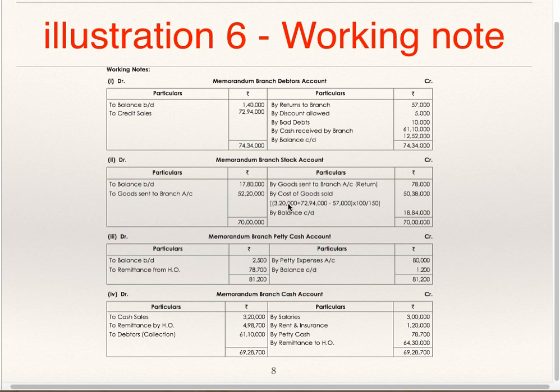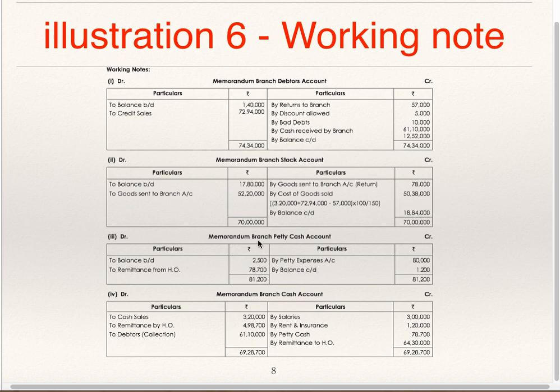So cash sales plus credit sales minus return inward are net sales. If net sales are 150, cost is 100; find out the net figure. For that sales, what will be the cost? These are the cost of goods sold. From cash sales, credit sales and return inward, we found out cost of goods sold. Now this is the balancing figure, which is by balance carried down in memorandum branch stock account, which we'll consider